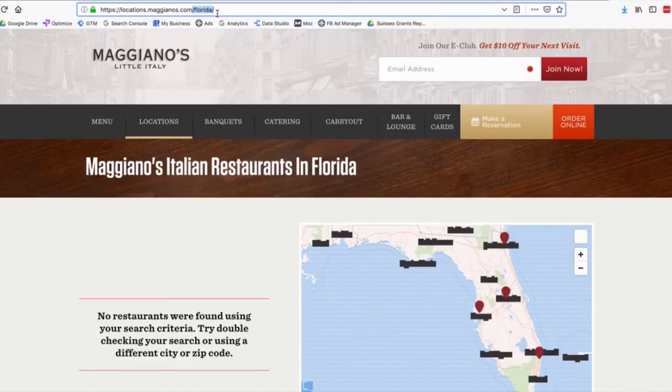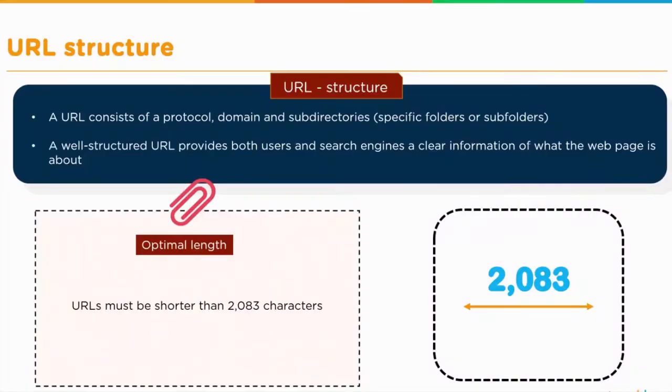We know it's a secure site, we know it's Maggianos.com, and we know the subpage, or the subdirectory, is Florida. You want to be careful, like everything else in SEO, there are parameters. Just like the title tag has parameters up to 65 characters, the meta description tag has a limit of up to 165 characters. A well-structured URL also has character counts. But the idea here is we don't want to get into numbers when we talk about character counts for URL structure. Really, the rule of thumb or the best practice for URL is to keep it short,